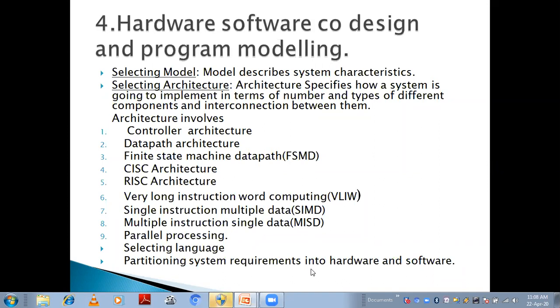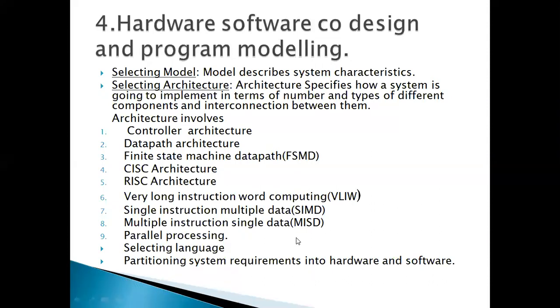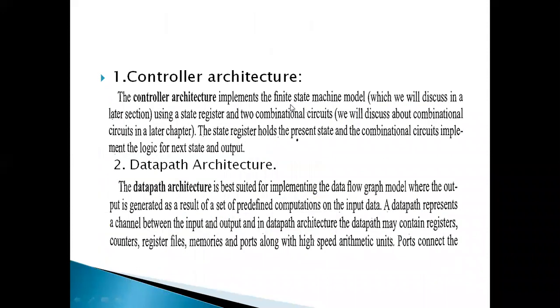Okay, an LCD may also be required to show the source and destination, and the information that is stored in the memory. Like that, we are going to partition between the hardware and software in your embedded system. So next we will see the architectures of embedded systems.